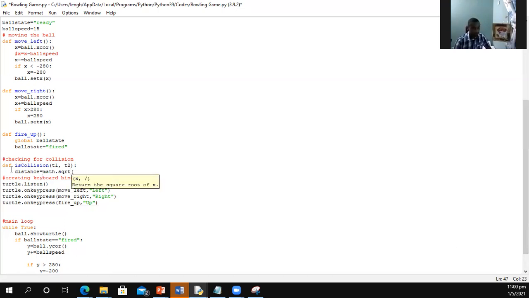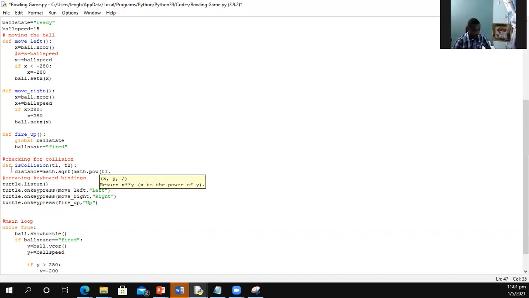Then we're going to work out the square of the differences between the points. So we're going to have the square root of everything. The first thing that we want to find is the power, using pow with 2 for square. And what we want to find the power of is